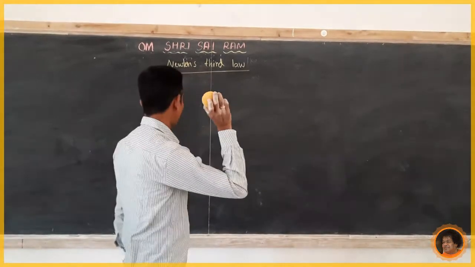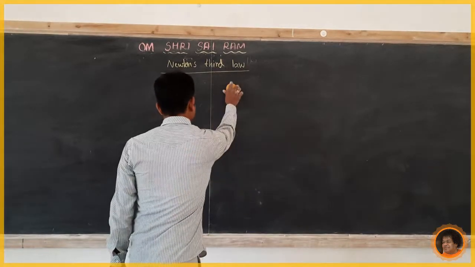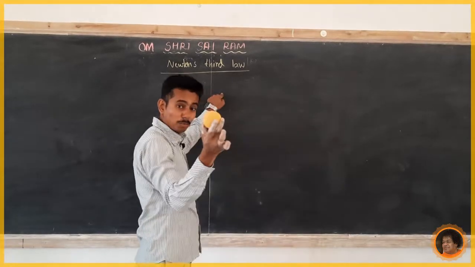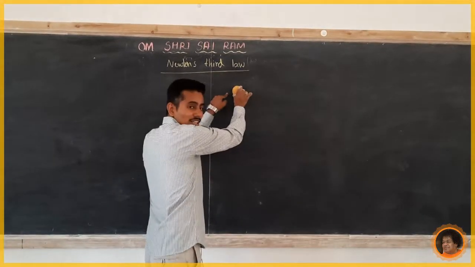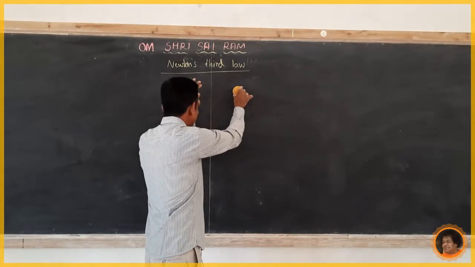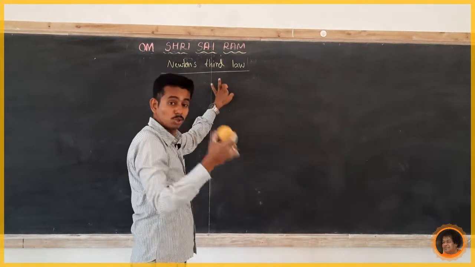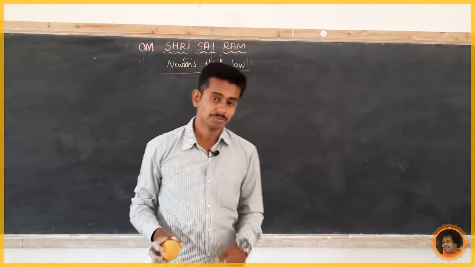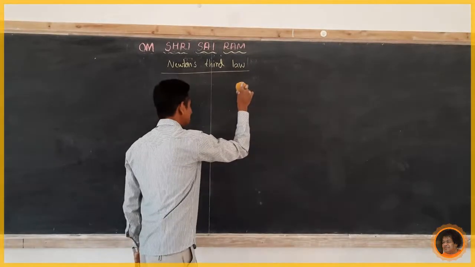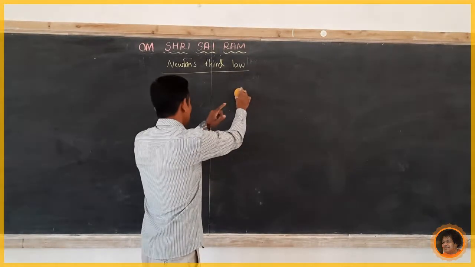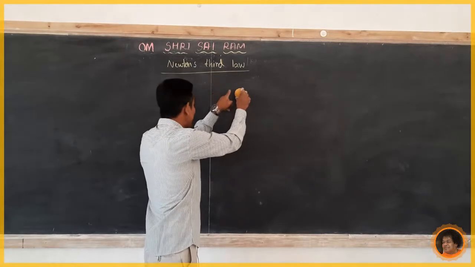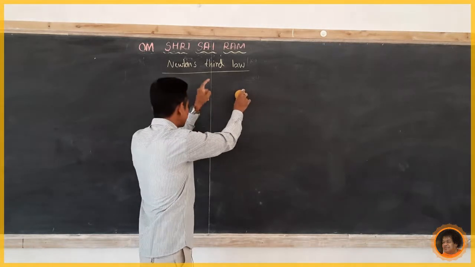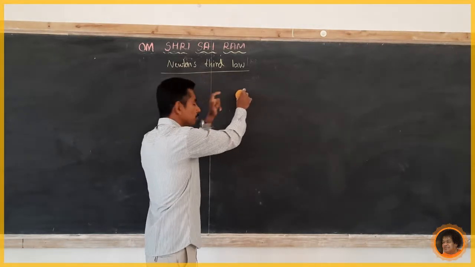If I throw the ball at this wall, the ball exerts force on this wall, and the same amount of force is exerted by that wall on this ball. So the ball bounces back. What is the condition? When I hit the ball against this wall, the ball exerts force on that wall, and the same amount of force is exerted by this same wall on this ball.